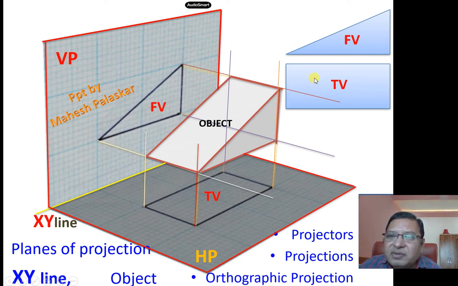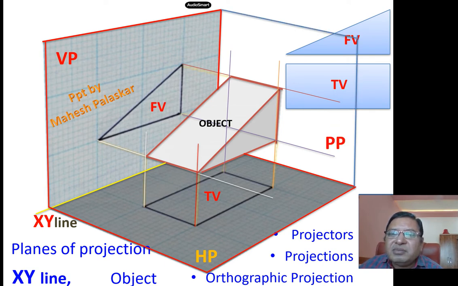It is seen in the front view. So this height or this dimension is exactly equal to this one, okay? And the length of this edge is exactly equal to this edge, or here you can see this edge, right? So if you just focus on these points what I have told you just now, that will help you to get your concepts cleared regarding the orthographic projection, right? So now let us go ahead,